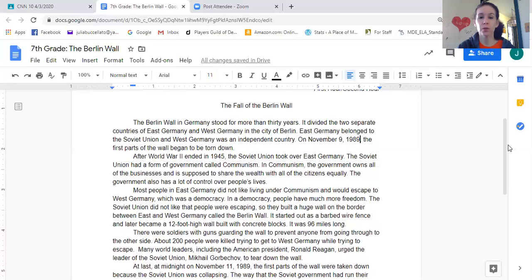But you do need to make sure that you are capitalizing all of the important things. So for example, Berlin Wall, this is the name of a thing, so it is capitalized. That is a proper noun, okay? And in the title, my important words are capitalized. The, of course, at the beginning is going to be capitalized. Of and the aren't terribly important words, so they are not capitalized. If you look through my essay, Berlin Wall is always capitalized. The country of Germany, East Germany, West Germany, Soviet Union, November, okay? This is important. You need to capitalize your words.